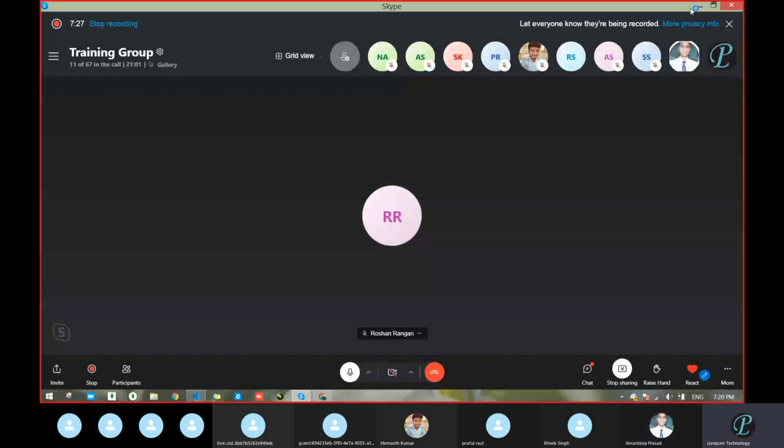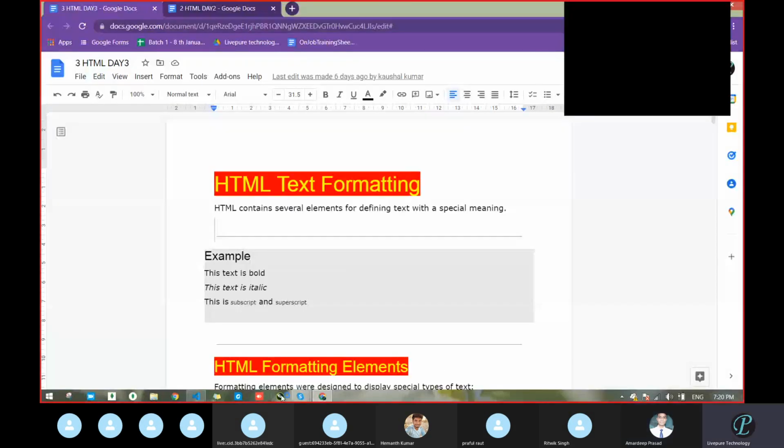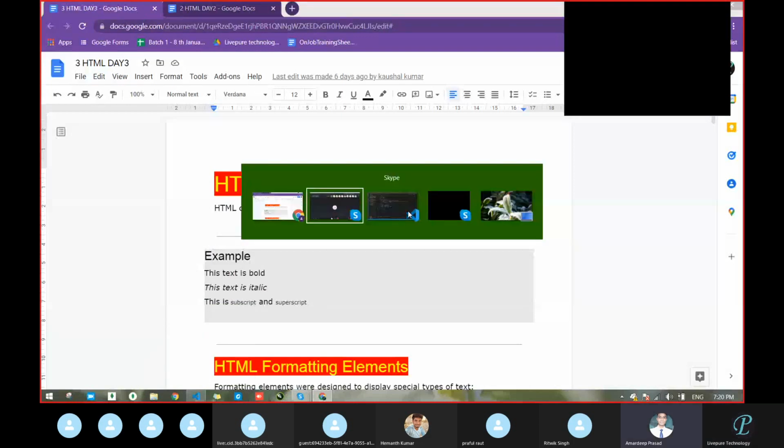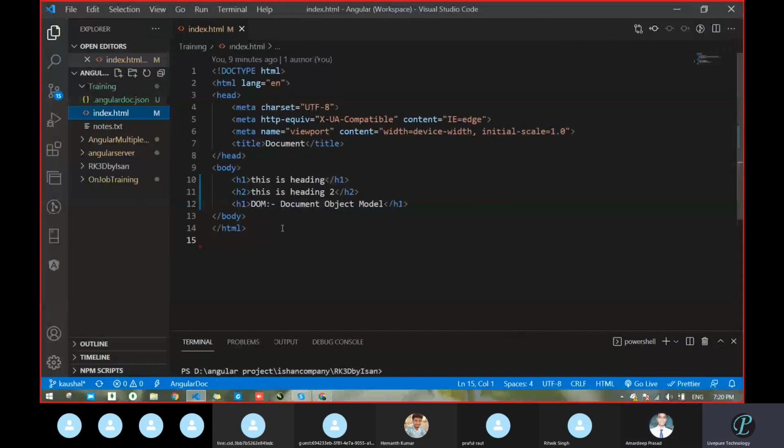So now, where is that? Yeah. So when you start running this application, what will happen? It will load your index.html, or whatever page you are going to render on the UI, on some port. So what is the benefit of loading that page with a Live Server, versus the second option, to load the page directly without any Live Server? First we will see with the help of Live Server. So when you make some changes,